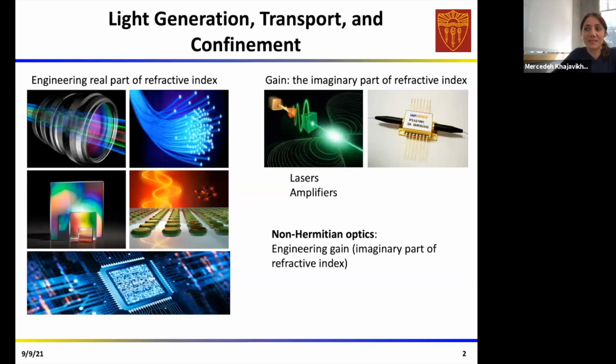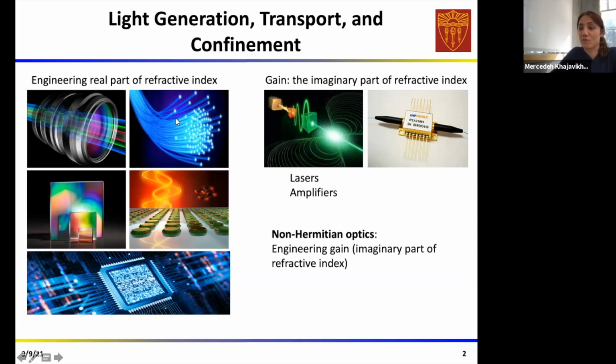and controlling its transport properties. Over many years of intuition, research and development, literally from ancient times to now, we became experts in engineering the real part of the index by spatially and even temporally varying it. In fact, index crafting has now reached a level of maturity that we can make lenses for microscopes and telescopes,